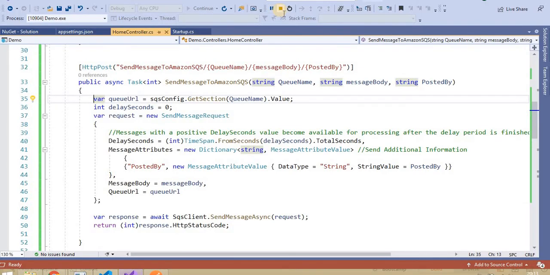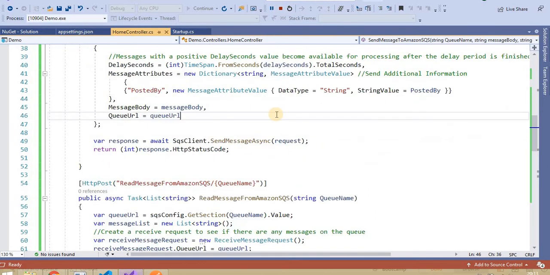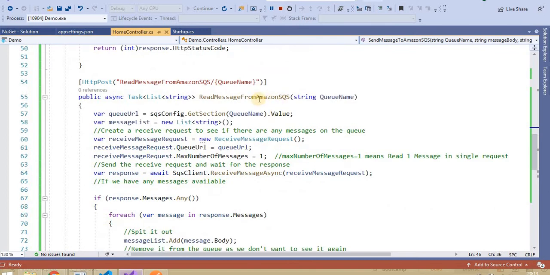Let's stop this application. Okay, I think there's no need to stop it, we can walk through the code easily. I have already written the code here, so we will walk through it. Here we get only the queue name. Using the queue name we get the queue URL, like in the above method. Then we have a message list, where we will store all the messages one by one, if we want to return more than one message in a single go.